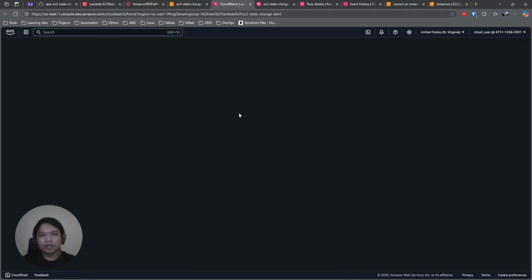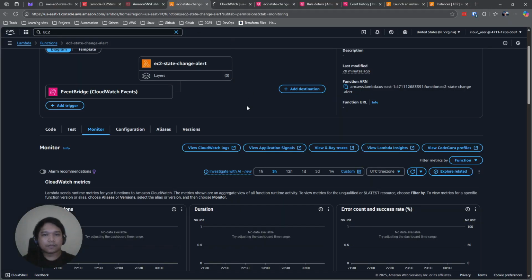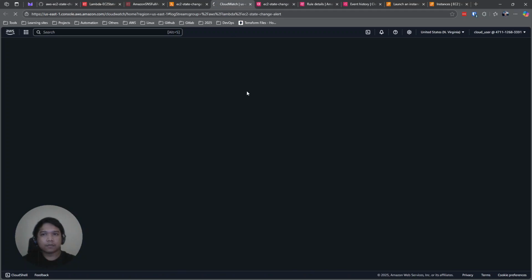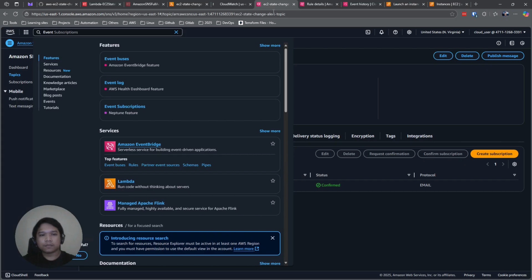So we're giving permission for the Lambda to create a log file for every execution of the Lambda function. So apologies for this one. I think this is on my internet side. It's taking some time to load.